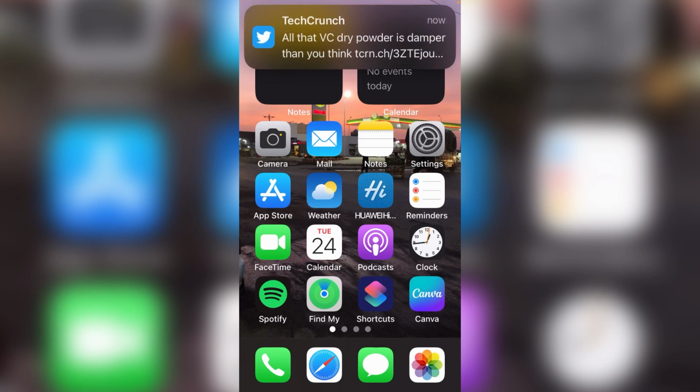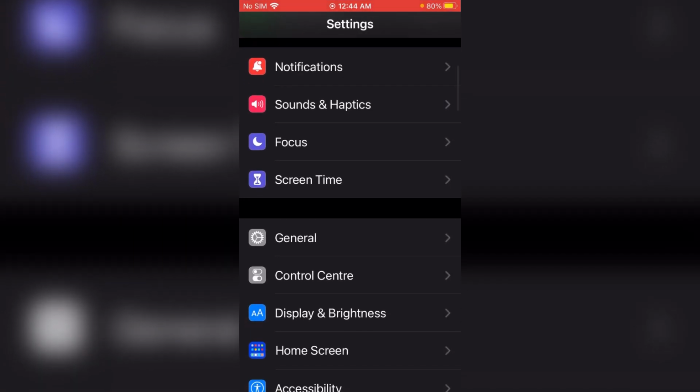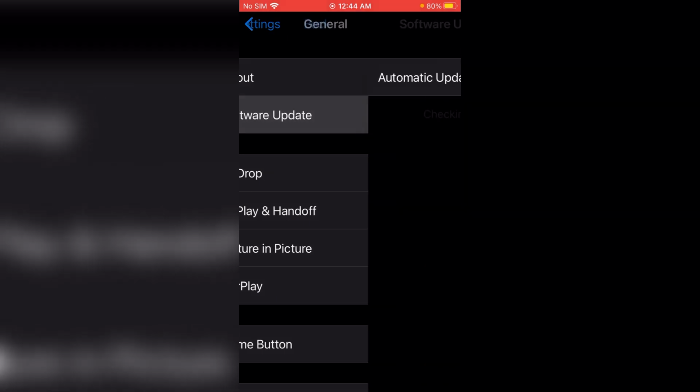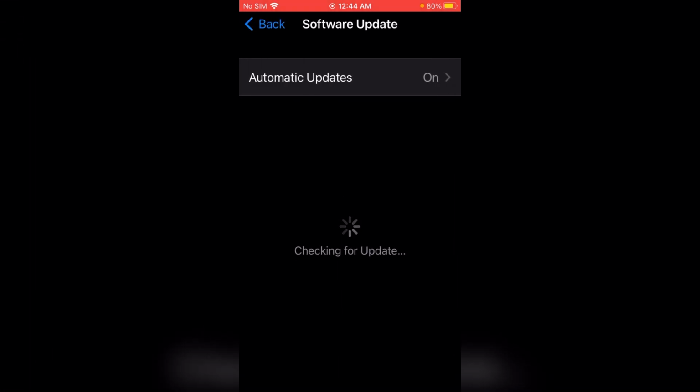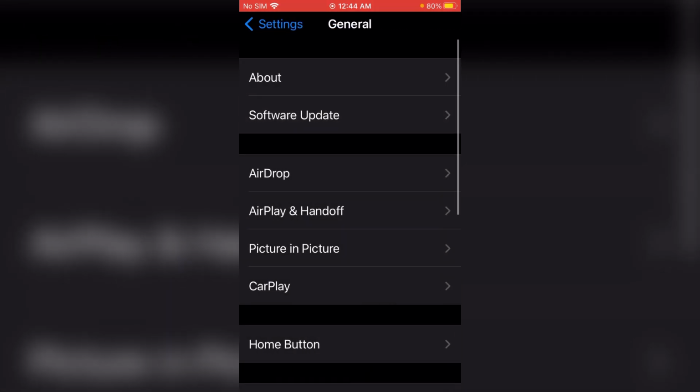So first of all, go to your settings, scroll up, tap General, tap Software Update, and here you will see the update. As appears on screen, you can see iOS 16.3. I already have this update on my device, but if you still don't get the update, then go back, open